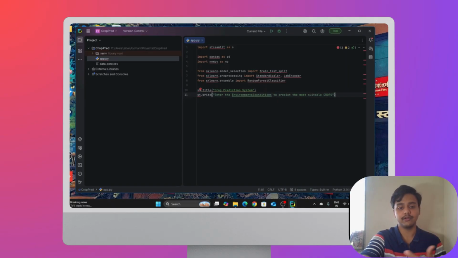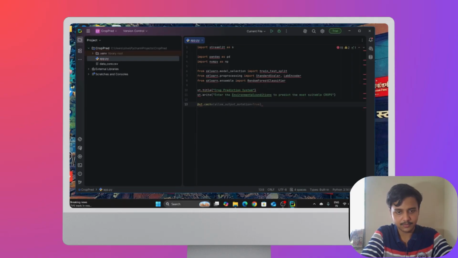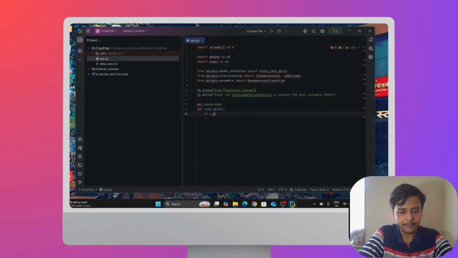Now we are going to load our data. To load the data, I'll have to store the data in our cache. So at st.cache_data, I'll have to define loading of the data as df equals pd.read_csv.